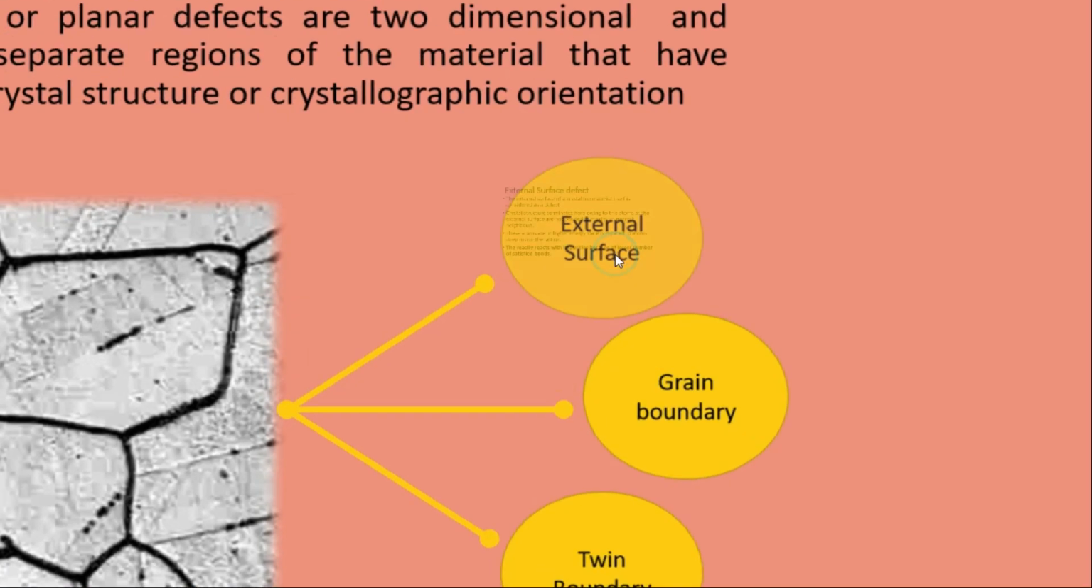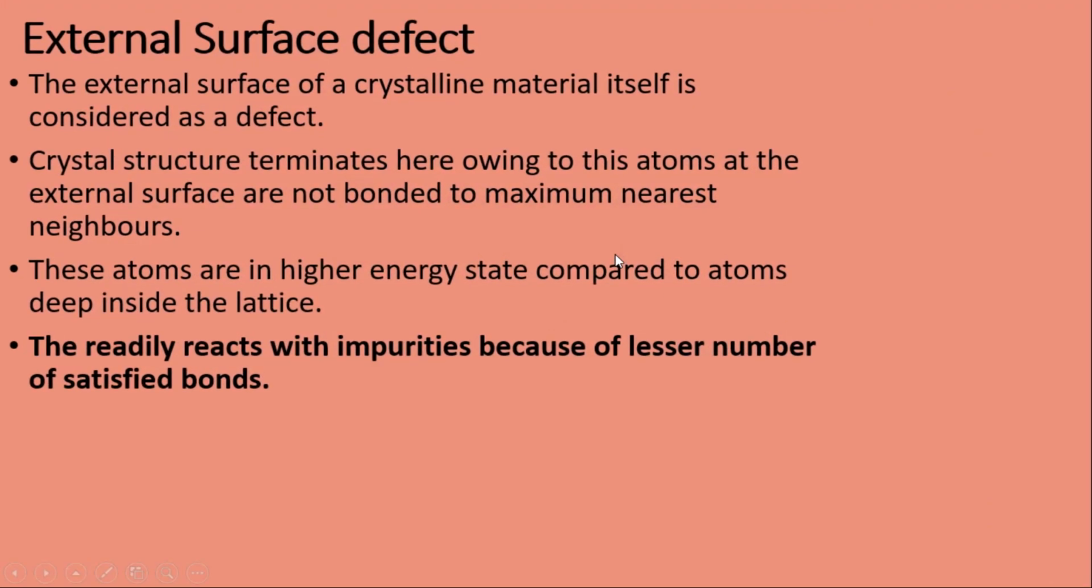So starting with the external surface defect. The external surface of a crystalline material itself is considered a defect. So if you have any crystalline material and just take the upper surface of it, it has atoms on its surface here, so that is considered itself a defect. Why is that so? The crystal structure terminates here. Obviously we have the crystal structure here, but there is no crystal structure beyond this limit because it's an external